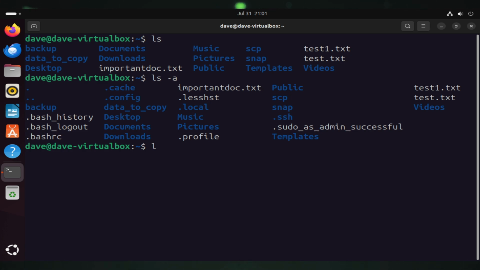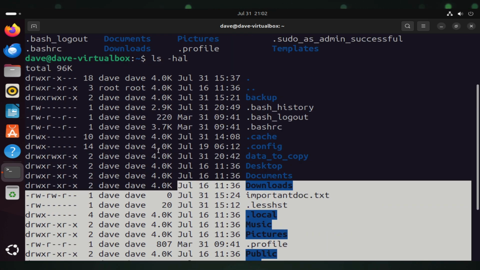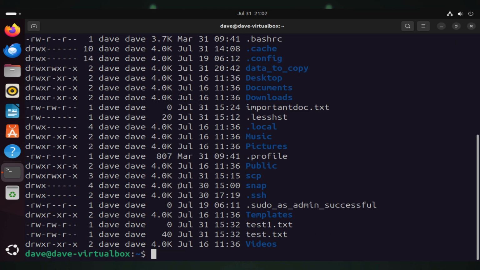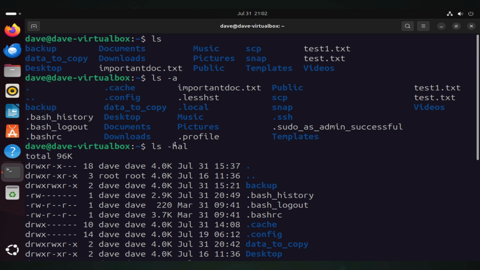You also have ls, and you can do h and a and l. What this will do is it'll do human readable, which you'll see in a second. It lists all files, and it shows you just there, which is quite a lot of data to get into. So I'm not going to go over all the stuff on the left and right. I'm just going to go to the middle where it says 4K, the size of the files here. So having the h there gives us the human readable version. Having the a gives us the all, so we get to see all the hidden files, and having the l